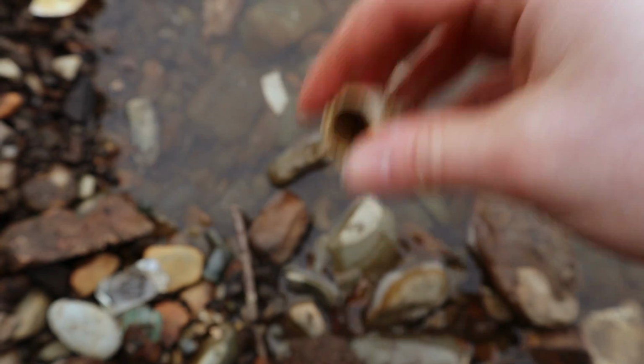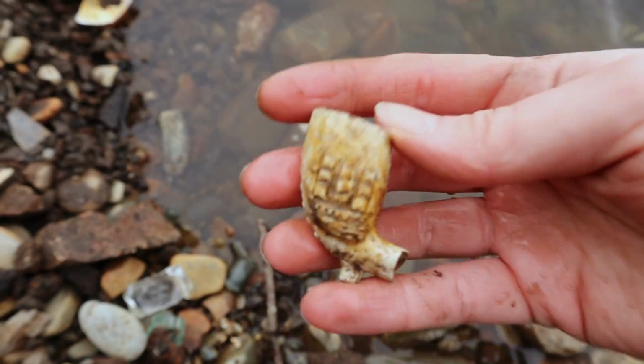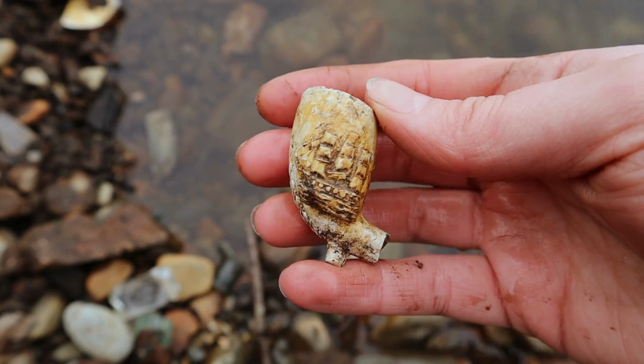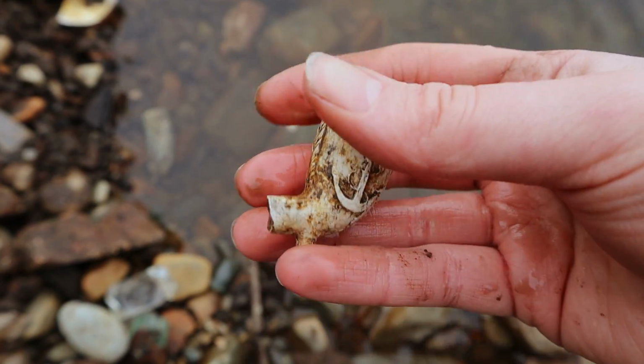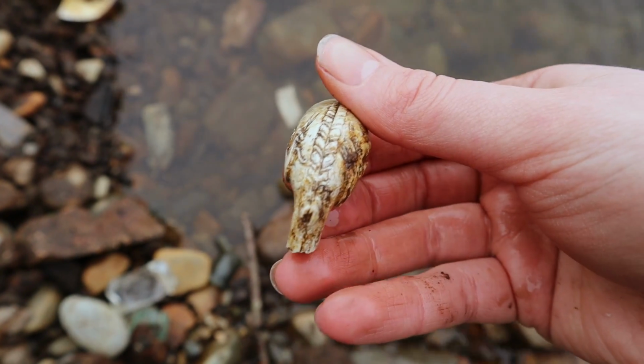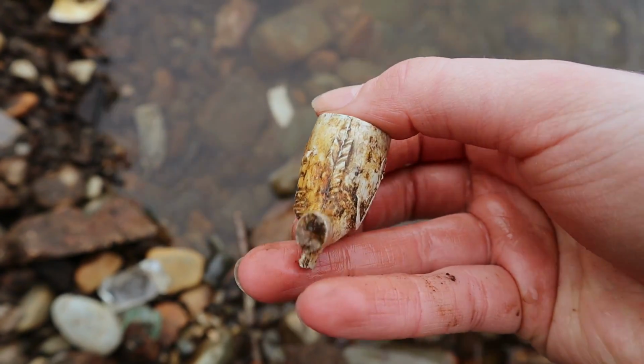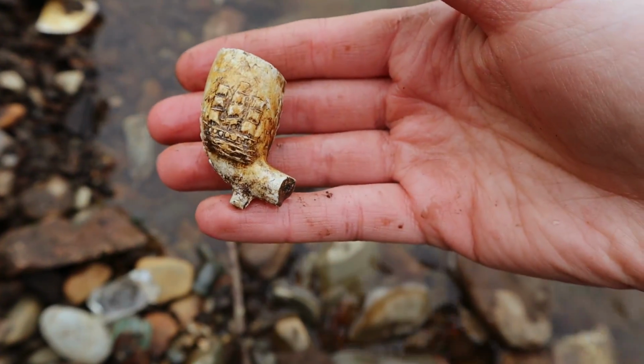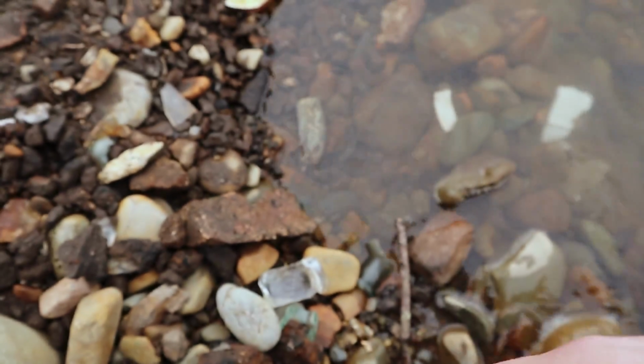Well, I've given it a little swish in the river and it's really beautiful. Look at that ship. It's a ship and an anchor. Not sure who it's by. Unfortunately, the maker would have been on the stem and the stem's gone. And oh,